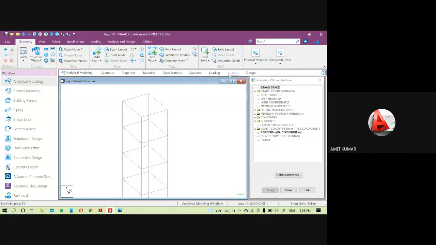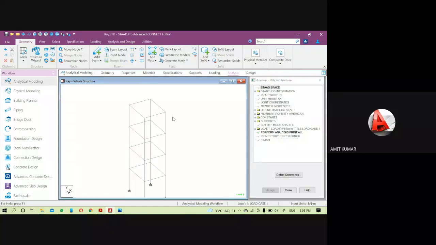Here I already defined the load cases. That means if I add the floor diaphragm here, then still it will not work. Then we have to change it in the utilities and all. That means it will take too much time to explain the other processes also. So you can do it in your practice session. I will provide this data to you to do the analysis. Then there you can provide the floor diaphragm. So how can you provide it? Just see it.